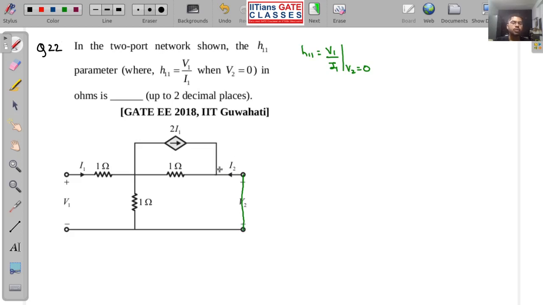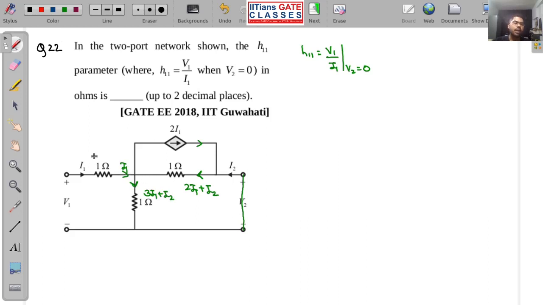Now you know what I am going to do. I am just going to divide current in each of the branches. So you can see if this is my I1, from here 2I1 is going. I cannot determine that, but look here, from here 2I1 is coming and from this branch I2 is coming. So what will be the current? It will be 2I1 plus I2, fine. From here I1 is coming, so what will be the current in this 1 ohm? It will be 3I1 plus I2.